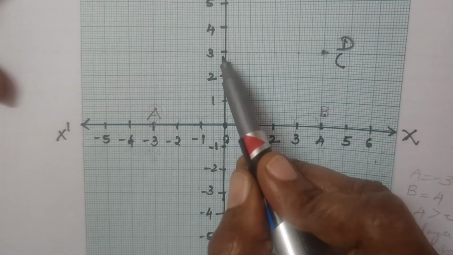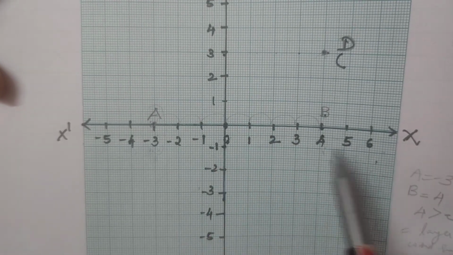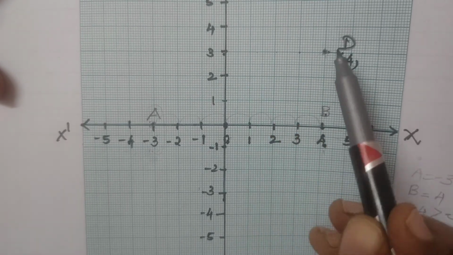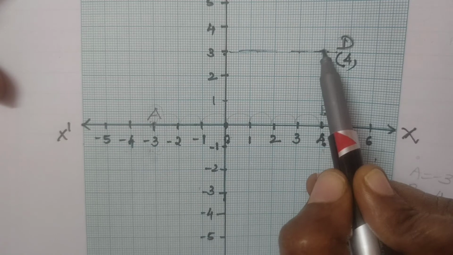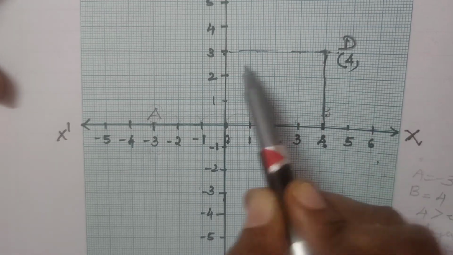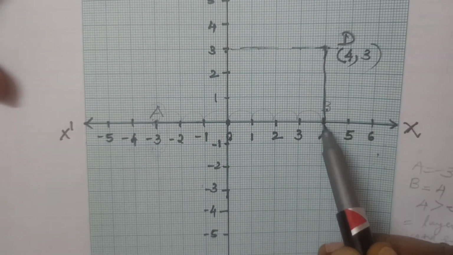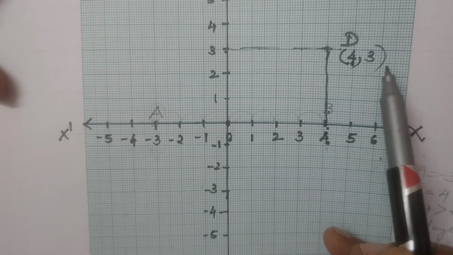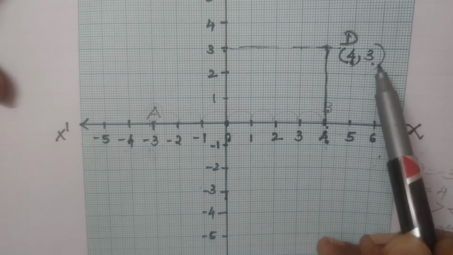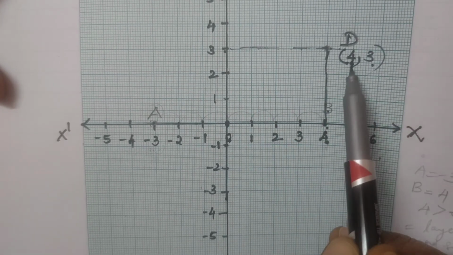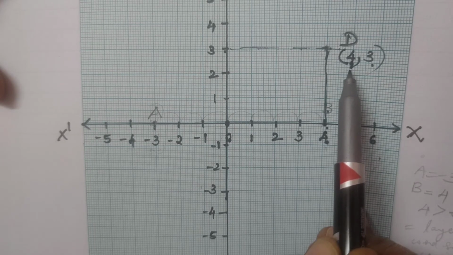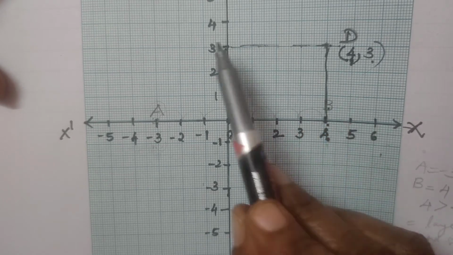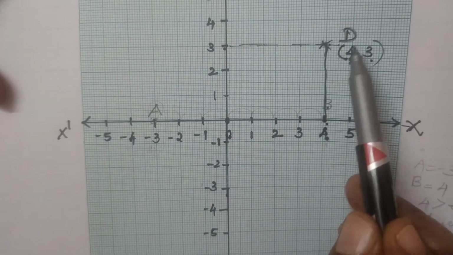So we will write it. What is this point? We always have to start with the x coordinate. What is the x coordinate? That is a 4. And where is this one? See, we can join it, and I'll show you here. See, so 4 and 3 here. Okay, so what is this? This is said to be the x coordinate and this is said to be the y coordinate. I cannot write the 3 first because the rule says it always starts with the coordinate of x. So for the x coordinate we have 4 and the y coordinate as 3. So did we find the location of D?